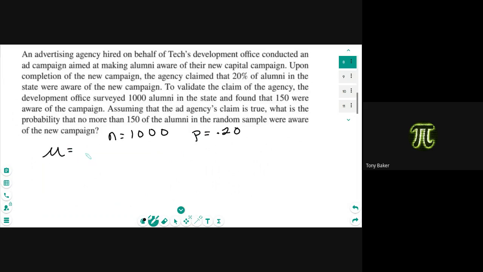So my mean, 1,000 times 0.20 is 200. And standard deviation, 1,000 times 0.20 times 0.80, square rooted, which is